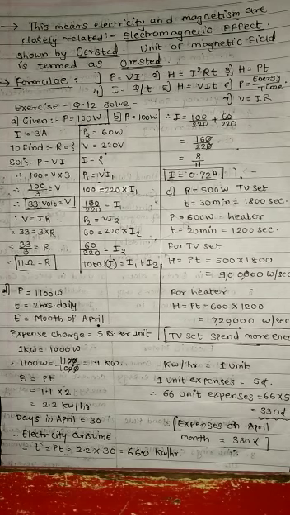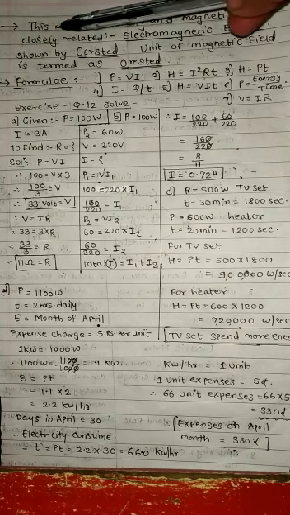In the whole chapter we studied what is electricity, what is current, and what is magnetism. Now we are going to learn about the exact relation between electricity and magnetism, and what the effect in between electricity and magnetism is known as. So let's study the relation of electricity and magnetism.